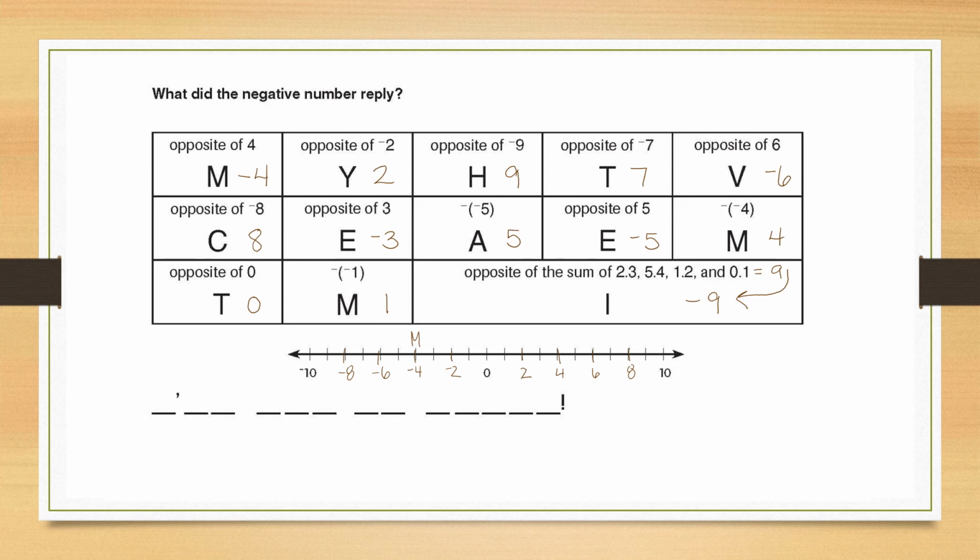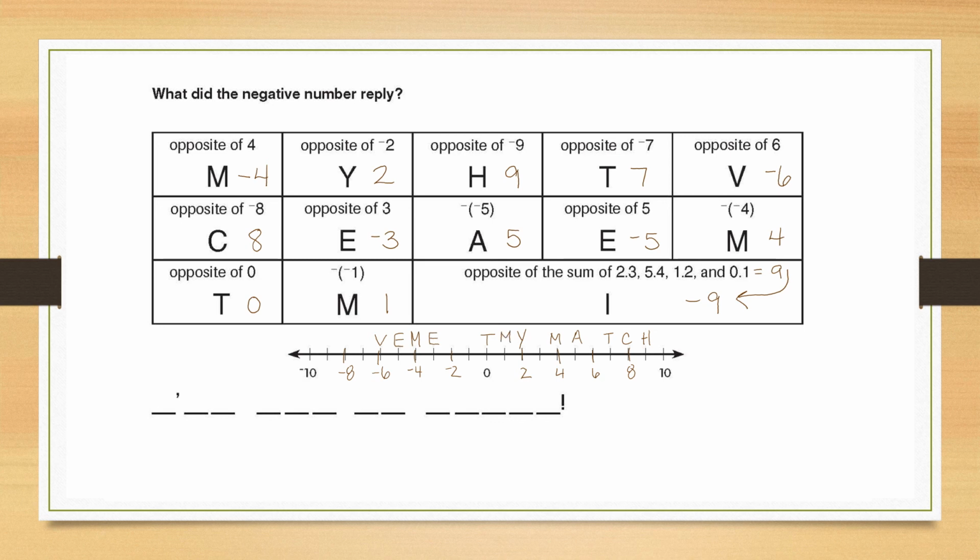All right, so -4 is M, +2 is Y, +9 is H, +7 is T, -6 is V, 8 is C, -3 is E, +5 is A, -5 is E, +4 is M, 0 is T, 1 is M,